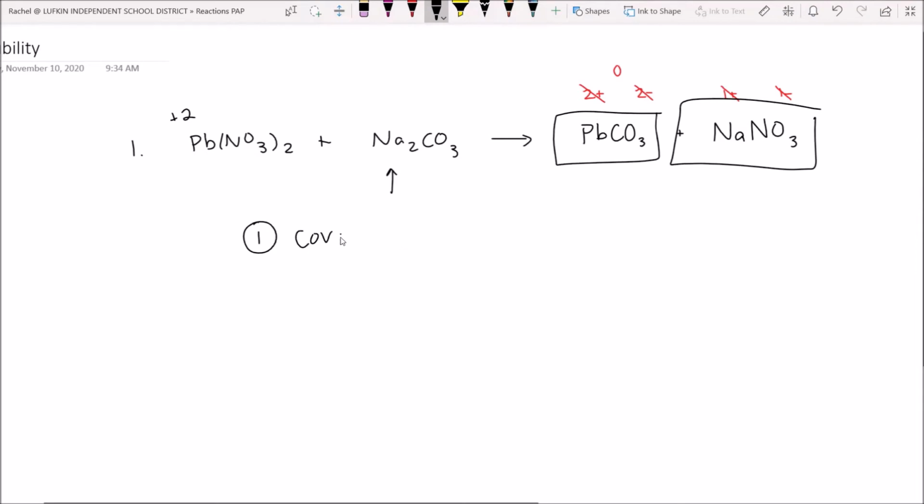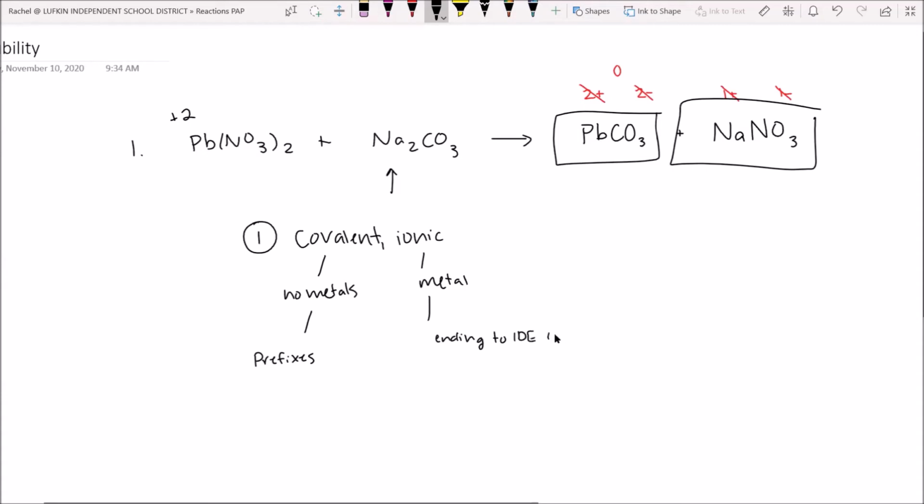there's covalent and there's ionic and there's also acids, but we're not dealing with an acid here, right? So ionic bonds have a metal in them, and covalent bonds have no metals, right? And remember that covalent bonds have prefixes that you add to them, right? None of these are covalent though, right? Because lead is a metal and sodium is a metal. So we're ionic, you change the ending to "ide"